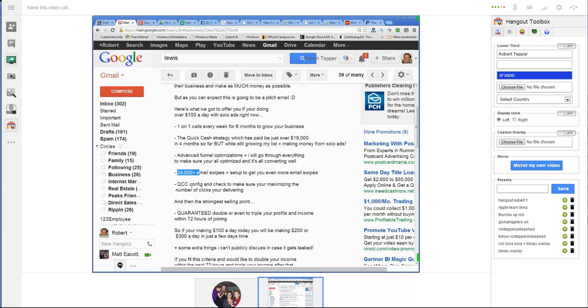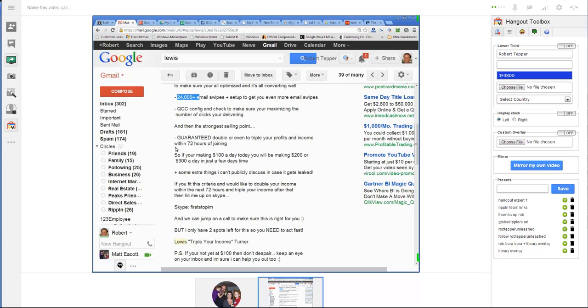QCC, anything configuration-wise, I think I'm in pretty good shape. But this is the part right here that I looked at, and I believe that he can do that. I believe that I'm at the point where I was telling you that what we can do together is figure this out. We can even teach people once we figure it out. This is like working with somebody as a consultant who can help us figure it out, he's saying, within 72 hours. So if we can get all those tips,